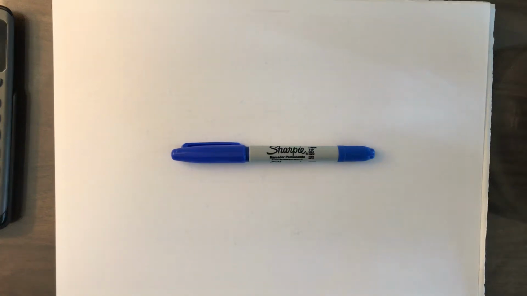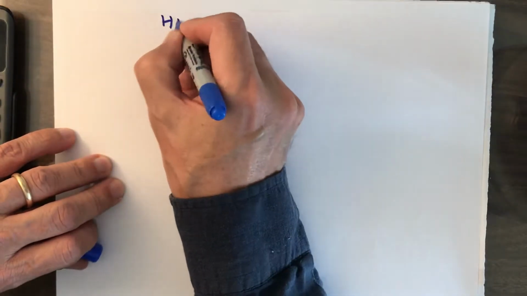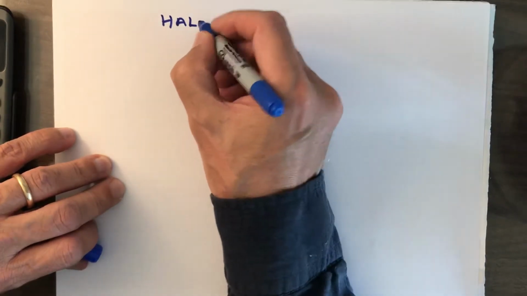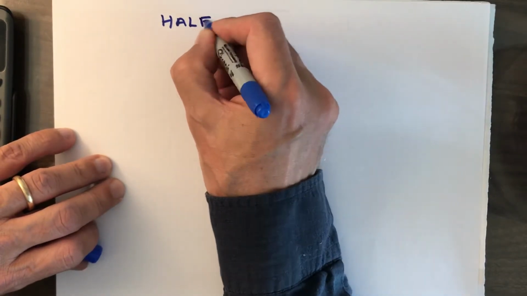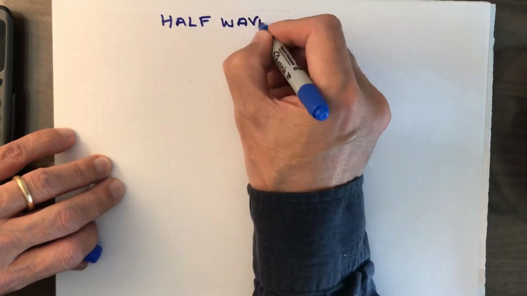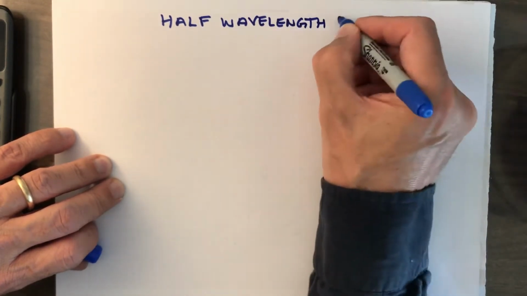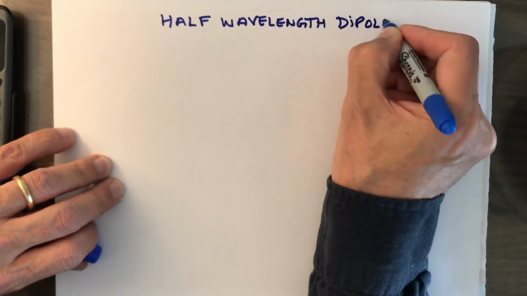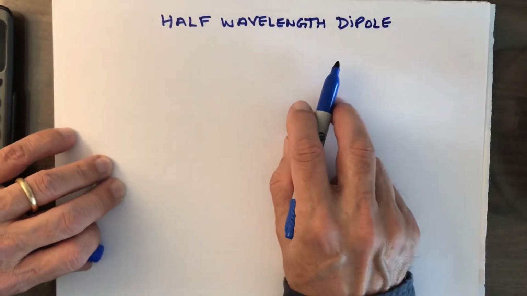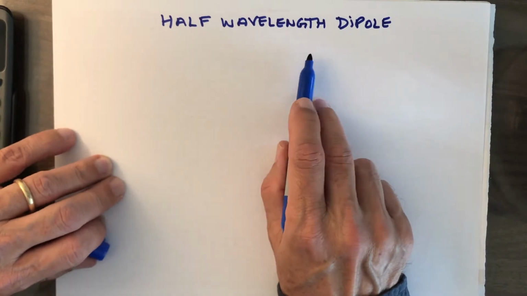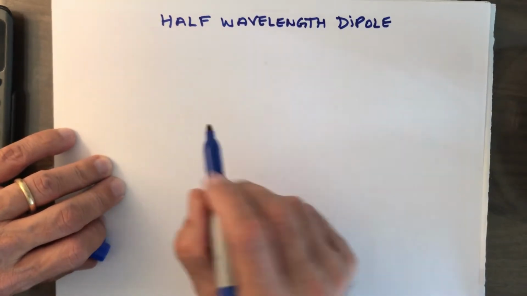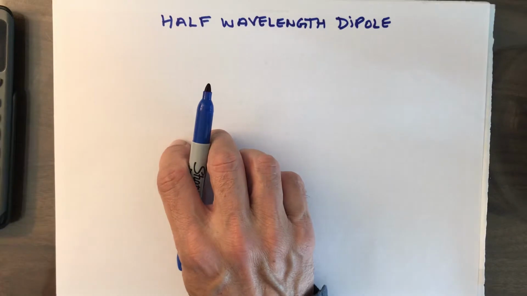This presentation has an application of the formulas that we've developed in the previous presentations of this series. Specifically, we're going to be applying our formulas to the half wavelength dipole. The half wavelength dipole is a type of antenna that is used for radio amateur and other uses, so it's